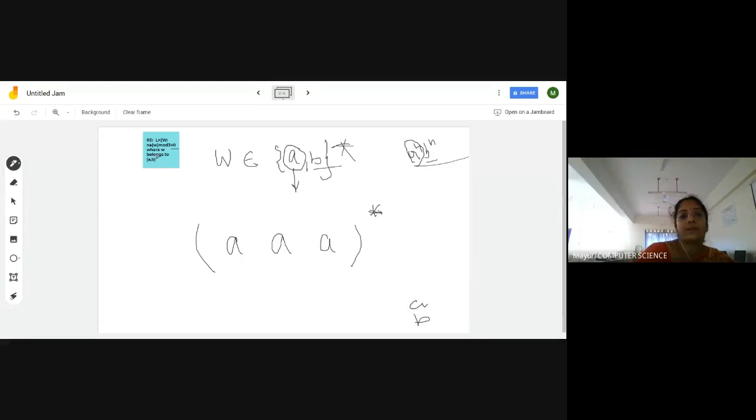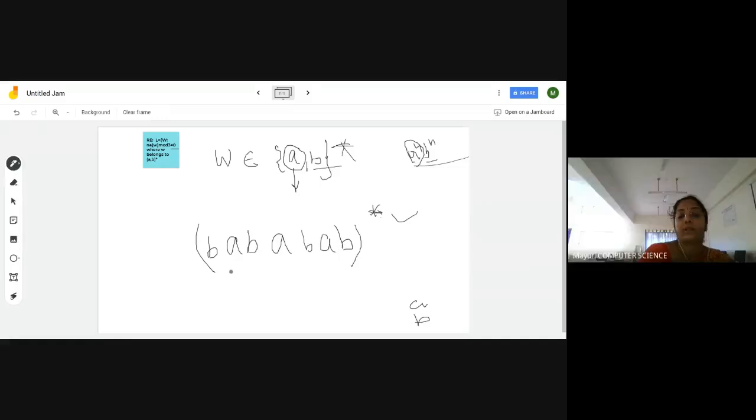So 3 mod 3 is 0, and 0 mod 3 is also 0. That's why star: even length 0 is acceptable. But what about the length of B? For the length of B, there is no constraint wherever it occurs. So I will start filling the empty places. If I write B, B, B and then B here, is it correct?